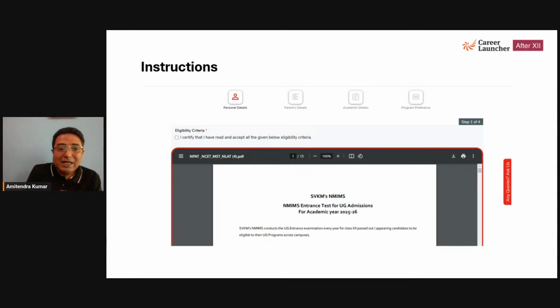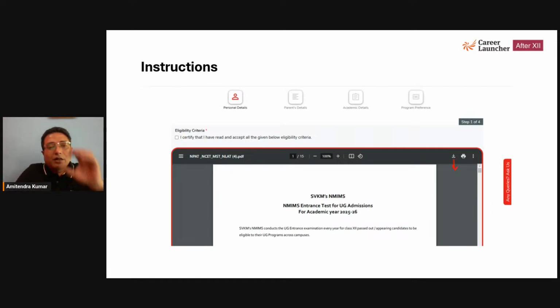What it is saying is that you please fulfill your eligibility criteria. Are you even eligible for the exam? Are you eligible for the programs which are being offered by NMIMS University? So first fulfill the criteria. So what they have done is to help the candidates, this information handout is also available on the website. They have uploaded it over here as well. So my suggestion would be simply download it.